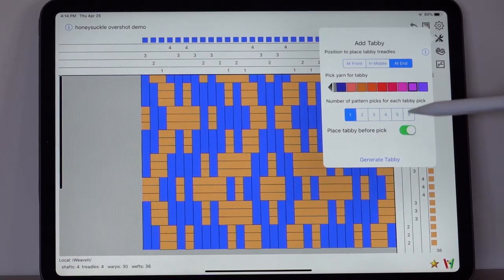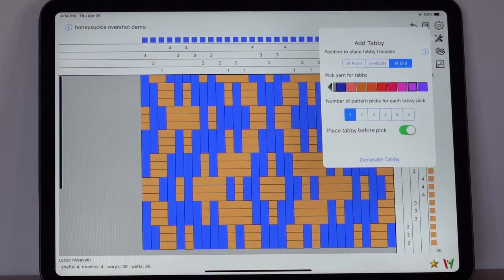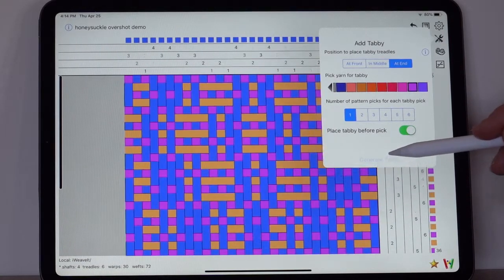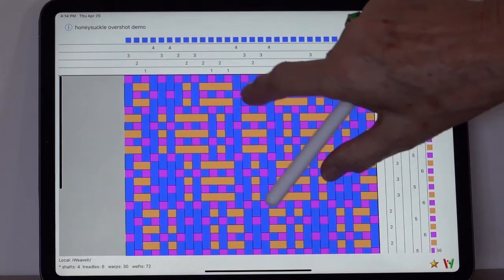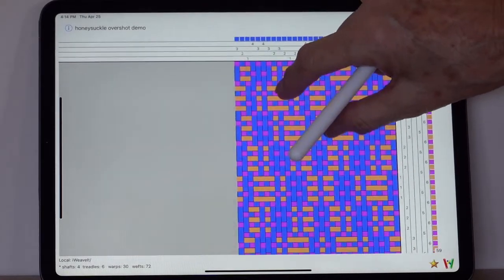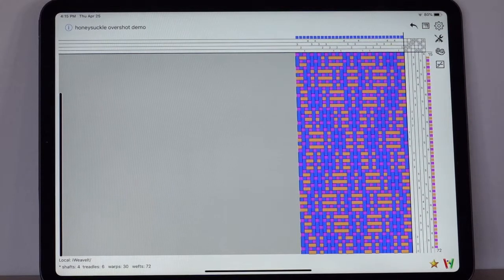Sometimes when you weave, you want the tabby to appear before the pick, and sometimes you want it to appear after the pick. In this case, we're going to start with it before the pick, so I will leave this turned on. And now I will generate the tabby. And I'll zoom in a little. And you can see that it really stretched out the pattern, and it actually makes it kind of difficult to